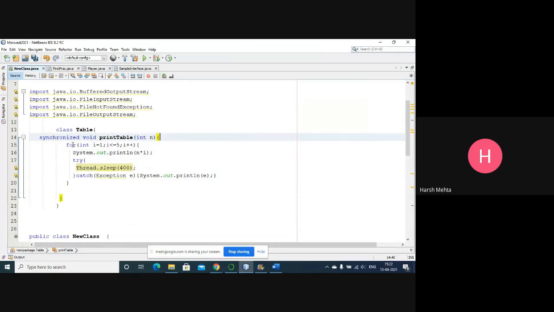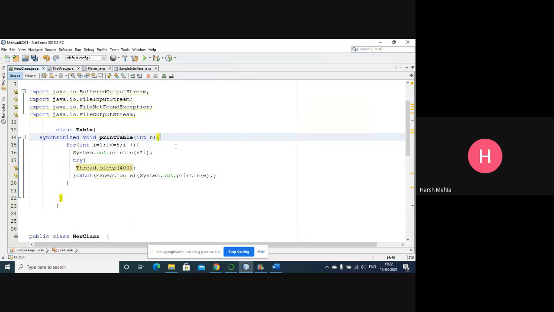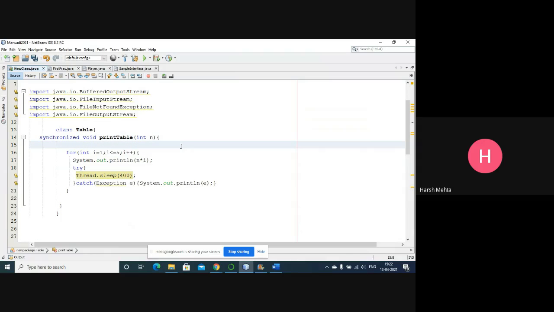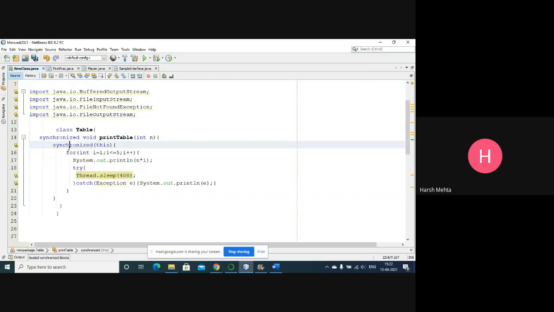Now we want this for loop to be synchronized. I want only this code to be synchronized, not the other code, so I can make a synchronized block like this.